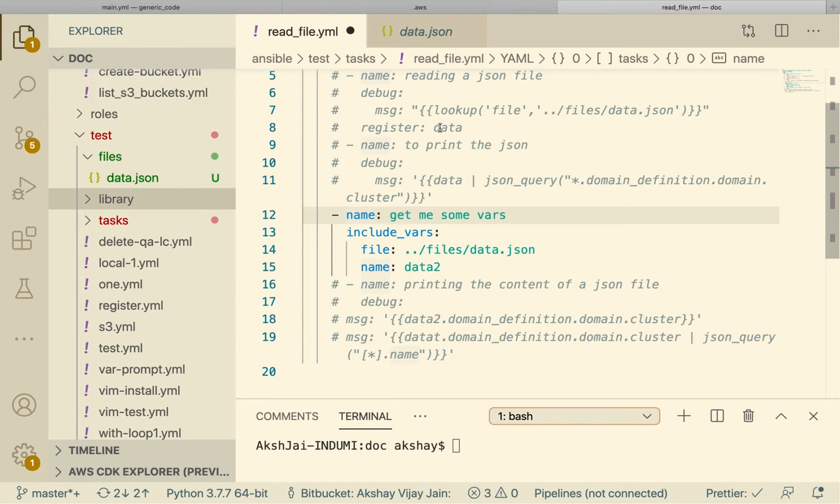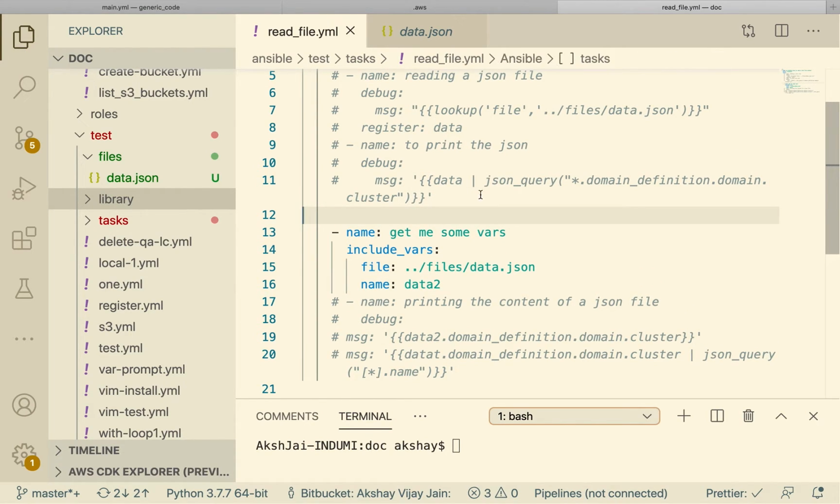Just like in the first example, we used a lookup, gave the path of the file and then registered data. Here we use include_vars, a very good module using which we can simply give the name of the file and the name of the variable. So the contents of data.json will be loaded into the variable data2. And we can print that data2 using another debug.